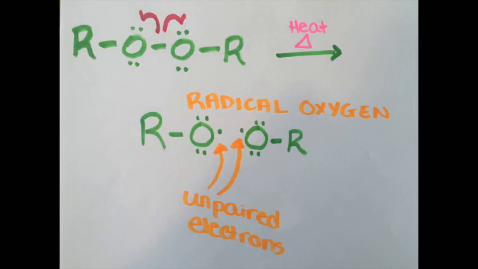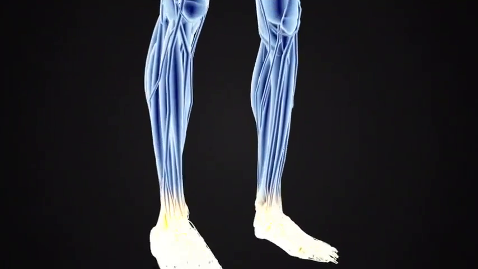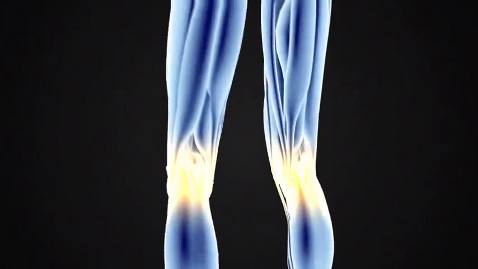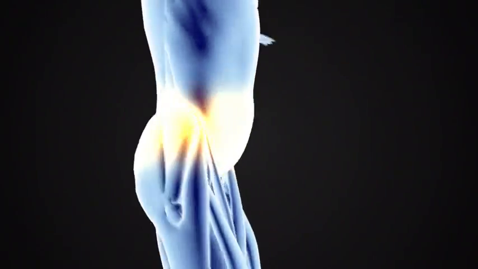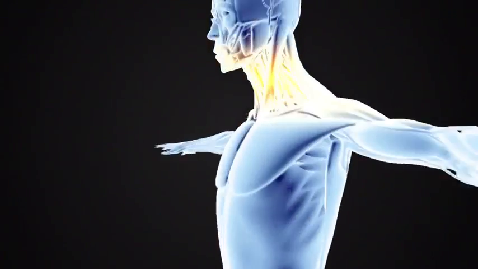Oxygen can easily form radicals under conditions like heat. When this occurs, the bond between 2 oxygen atoms in a molecule breaks and the electrons within that bond are split between the 2 atoms. When atoms have unpaired electrons, they are known as radicals and are highly reactive. This presents a problem for humans because there are components of the body that are susceptible to free radical attacks,